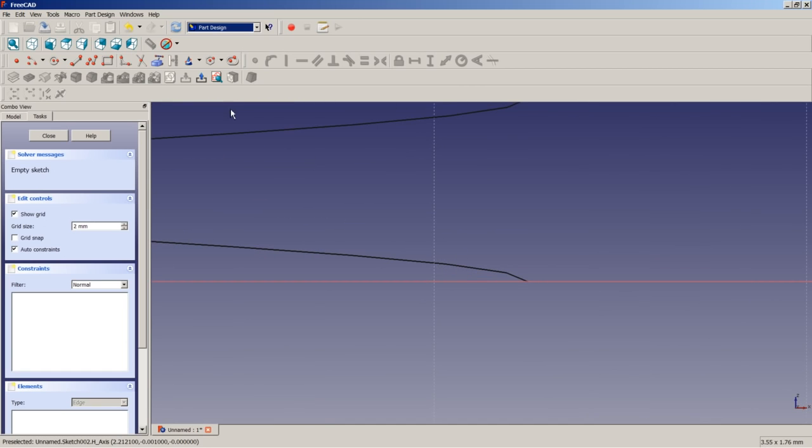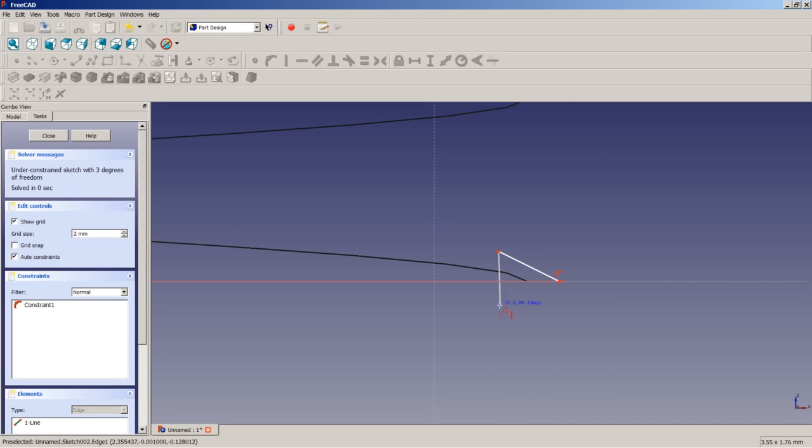We do zoom here and then we will draw a triangle with its, let's say, base point on the horizontal axis, having here